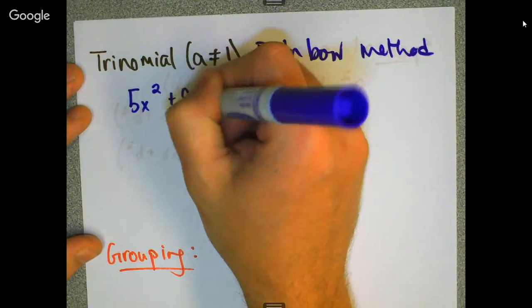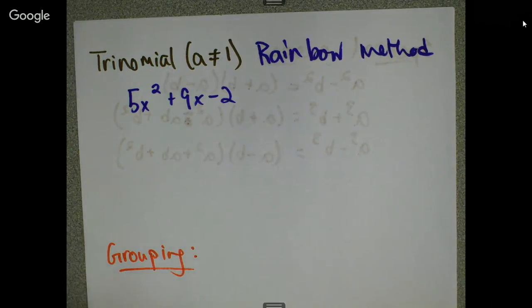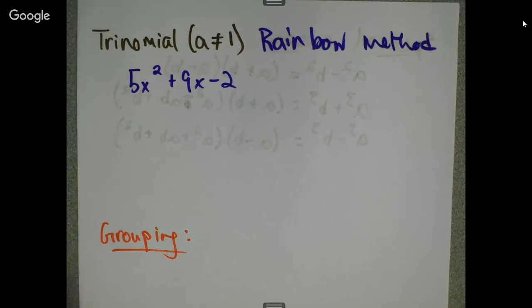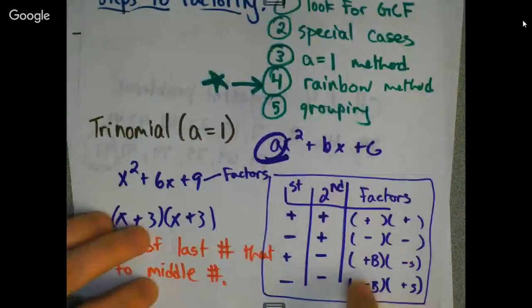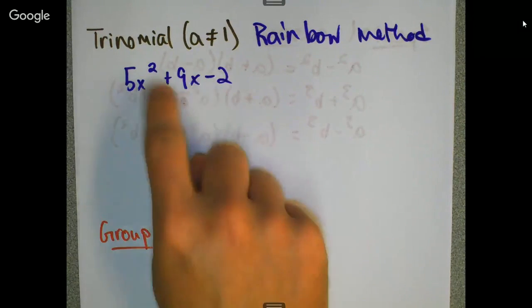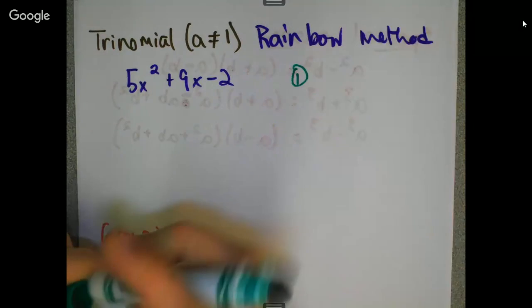Most teachers will tell you to do a guess and check method. I hate that. Nothing in math is guess and check. Okay, we've got a method to do everything. Okay, so no greatest common factor. We still will be using this sign chart here. Okay, so I noticed that in the end my signs are going to be different, and the bigger number will be positive. So step 1, we will multiply